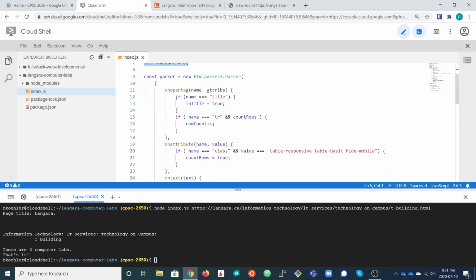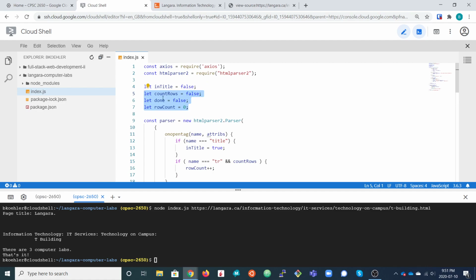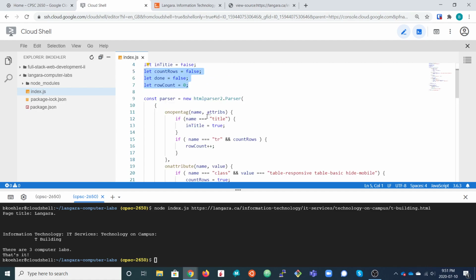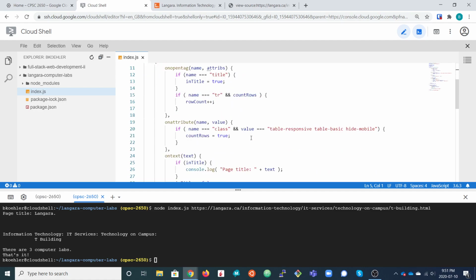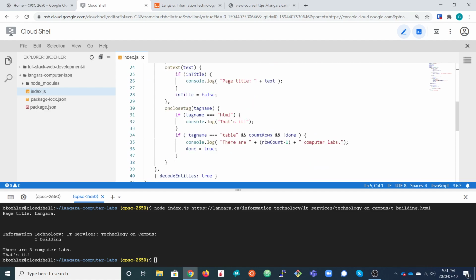And then in these event handlers, you are probably going to have some guarded code, based on the value for one of these state variables or some of the parameters that come in for each event, like which tag it is or which attribute it is, and so on.